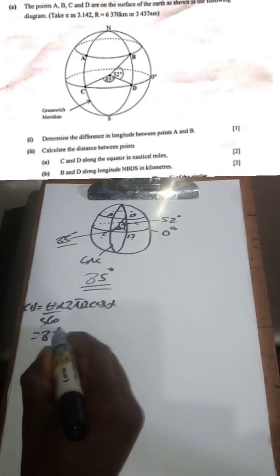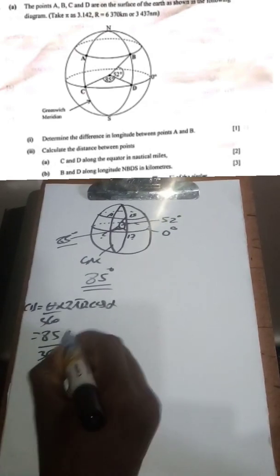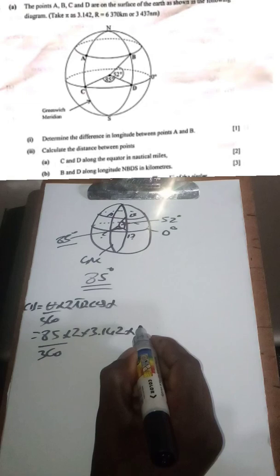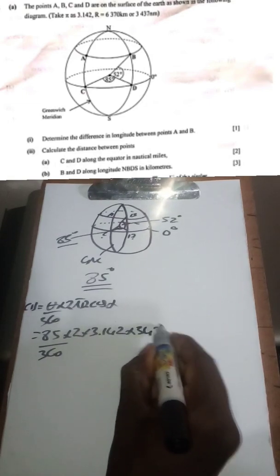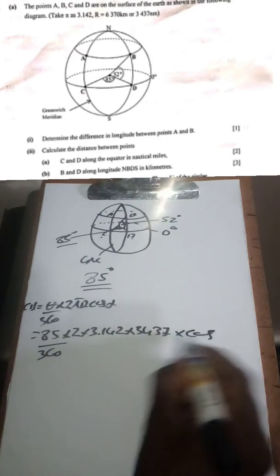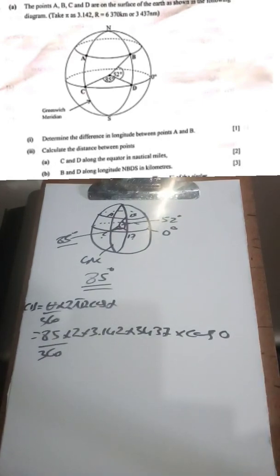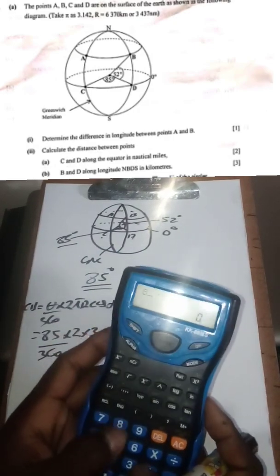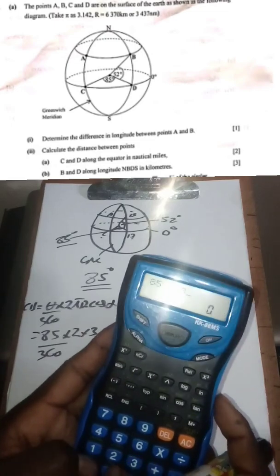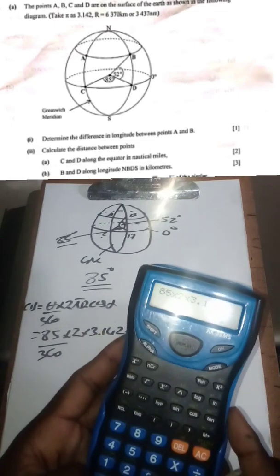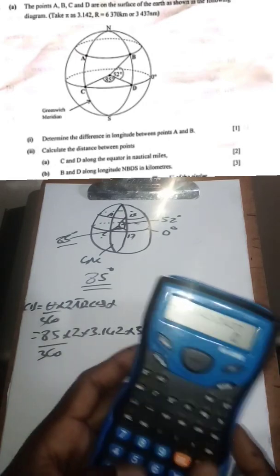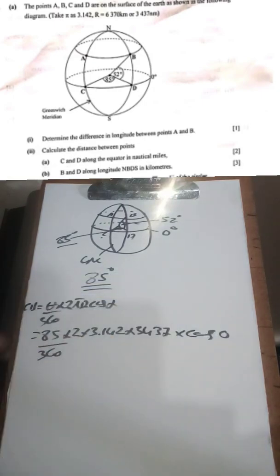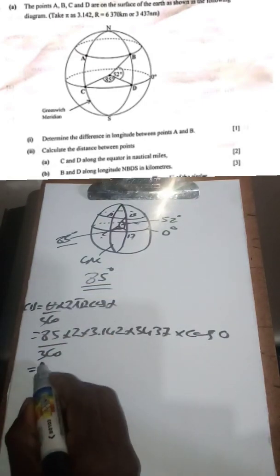Our theta is 85 degrees divided by 360 multiplied by 2 by 3.142 by the radius. Remember, we're calculating nautical miles, so you say 3437 multiplied by, we say cos what? 0. Okay, so when you put all this work on your calculator, we say 85 by 2 by 3.142 by 3437. Remember, cos 0 is equals to 1, so just more like leaving it out. That's what we are going to get. Going to get something like